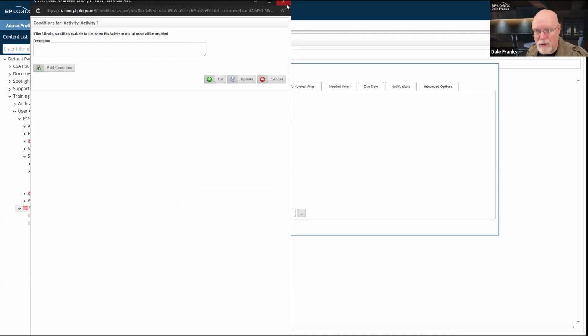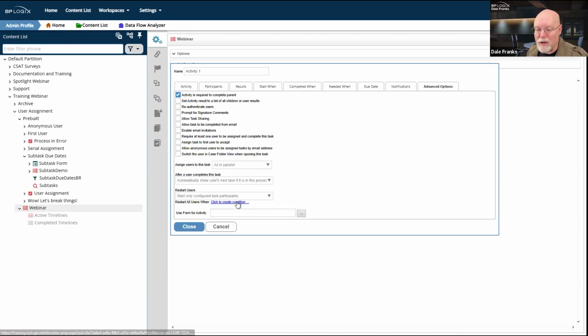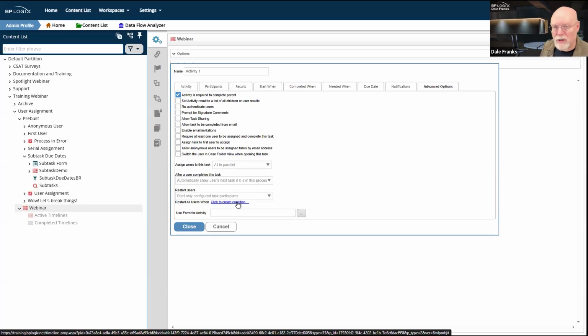We can open up the condition builder. We can build a condition that will be evaluated regularly to determine whether I need to restart all users. And this would happen irrespective of any other looping or anything else that might go on. We might restart all users whenever the due date is reached, or we might restart all users when some change to some external data occurs that we're evaluating via a goal or a business value.